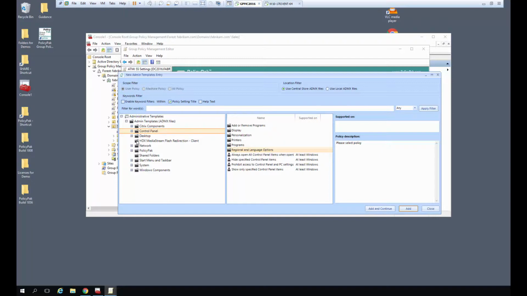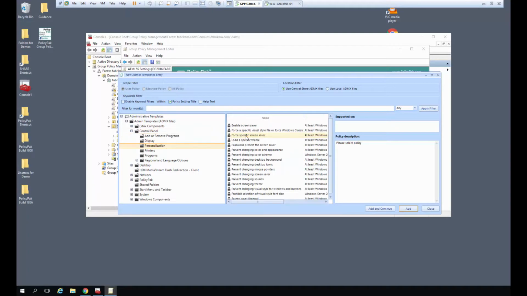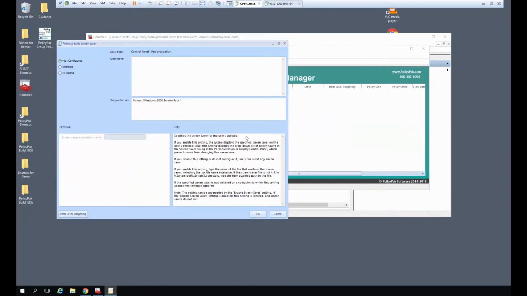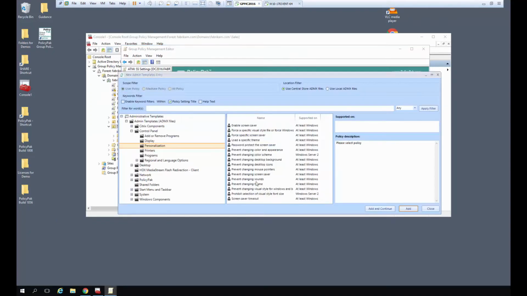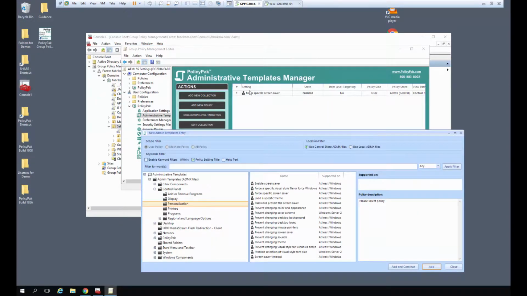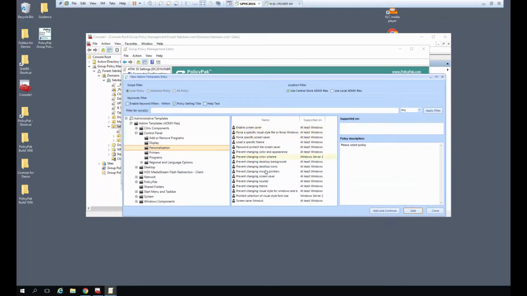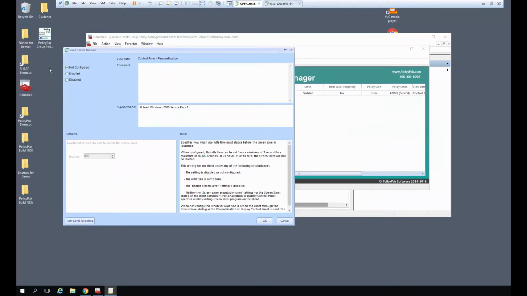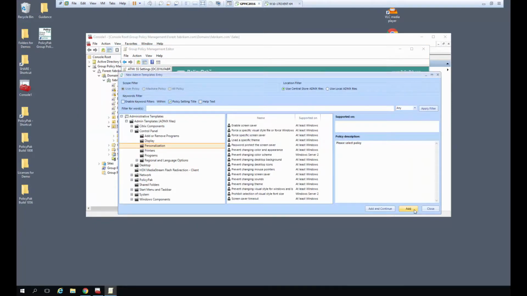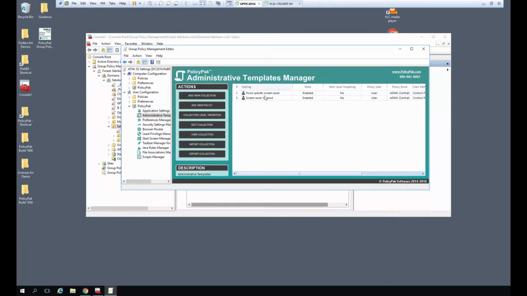So I am going to come over to Control Panel, Personalization. Let's force a specific screensaver, and I want to enable that. Let's do Mystify and tell it OK. And it went ahead and added that. We're forcing a specific screensaver, and it's letting me give the option to do something else. So screensaver timeout. It's a Windows 10 machine. Why don't I have it timeout in 10 minutes? Just to help us remember. All right, now we're going to close that out. So we force a specific screensaver. We have